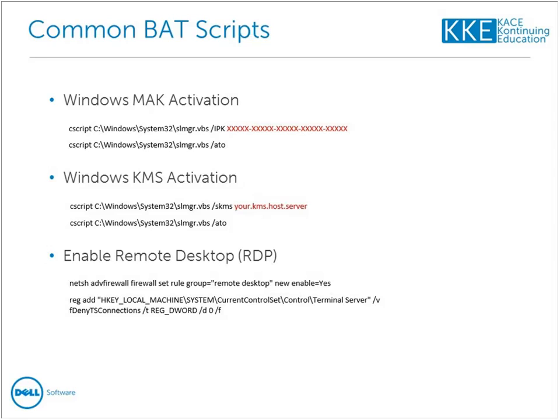And in that case, we're doing two things. We're using the netsh command in the first line to make sure we can punch a hole through the firewall to make sure remote desktop is enabled. And in the second line, we've got a registry key change. And even if you do not want to enable remote desktop, maybe you're a BombGuard customer, you don't want RDP on, you can still use that second line as a template to modify other registry keys in your environment,